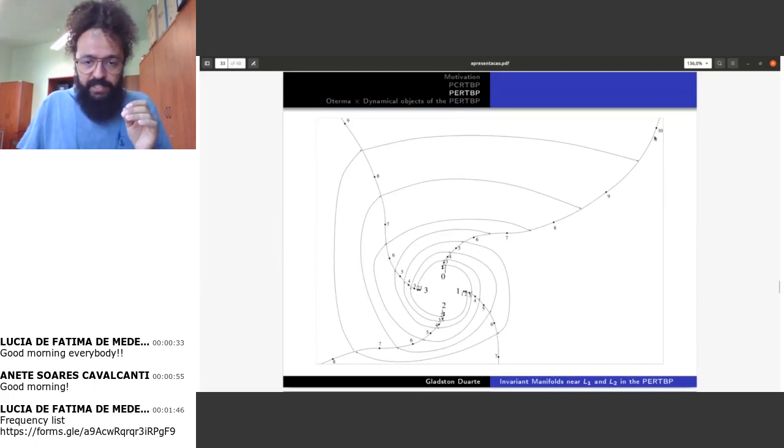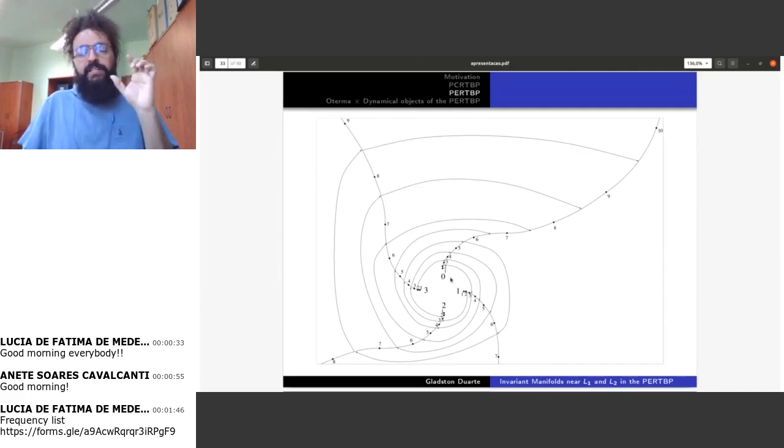So imagine this is a time section, this is another one, this is another one, and it's another one. In order to have the instability, shorter instability,